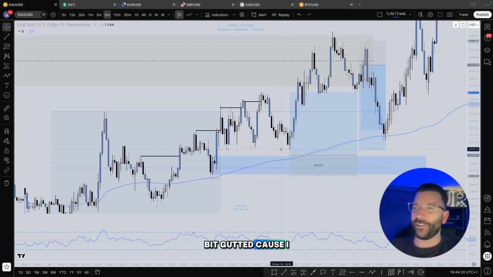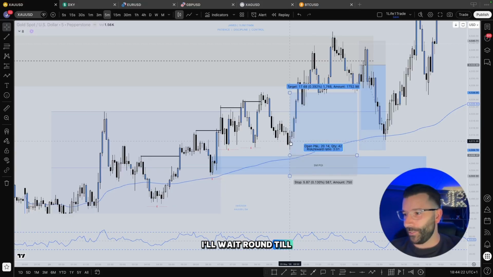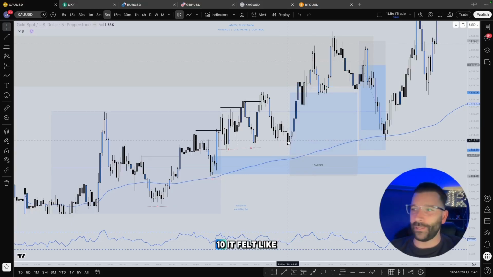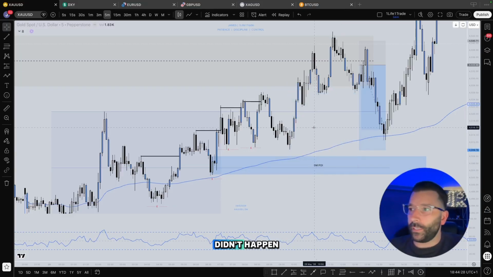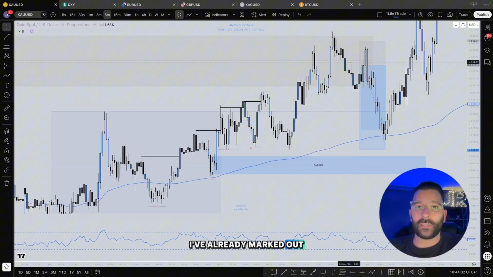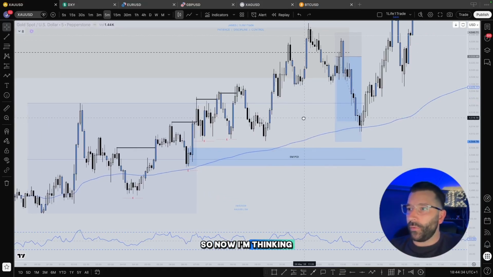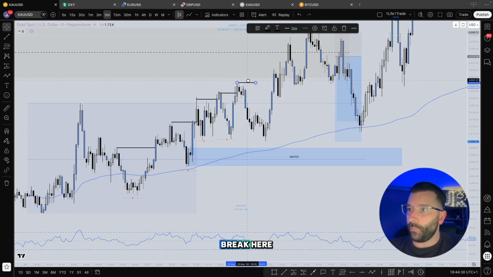I was a little bit gutted because I waited around all day for that. I say all day. It felt like all day. Anyway, that didn't happen. So we move on. Then it starts going up into the area I've already marked out. So now I'm thinking there is still, where it's made another break here,